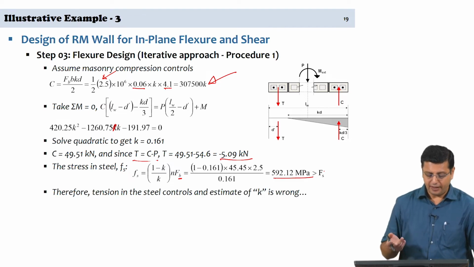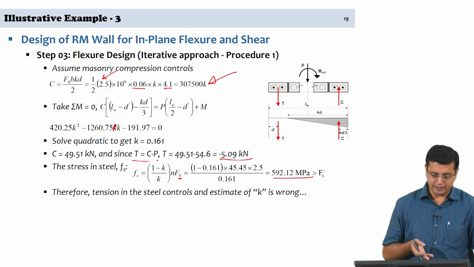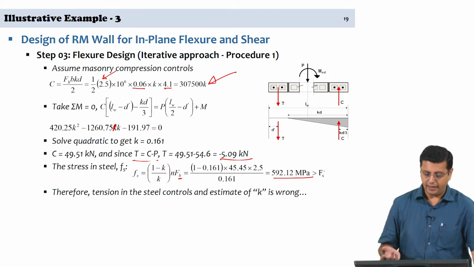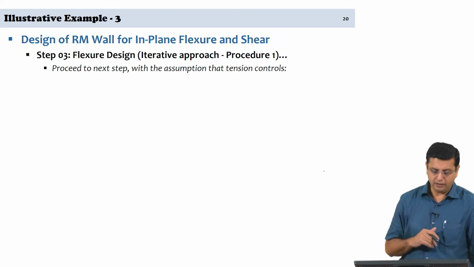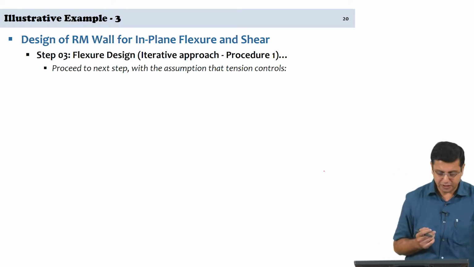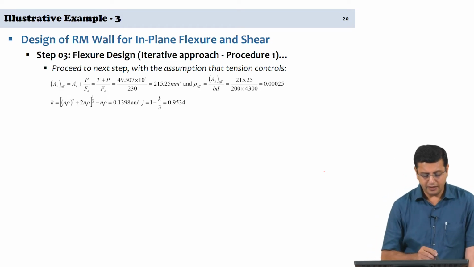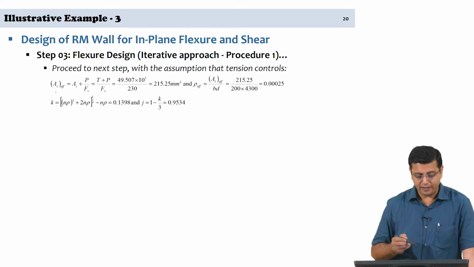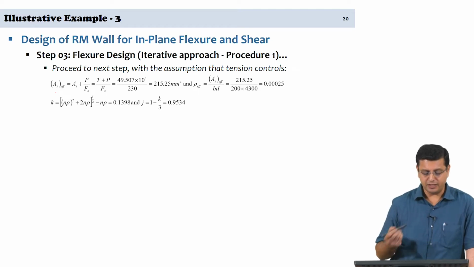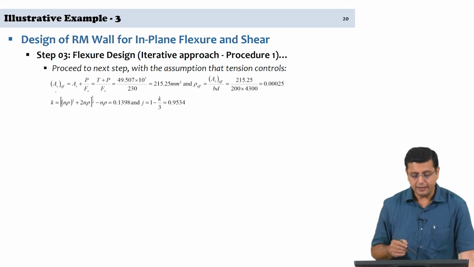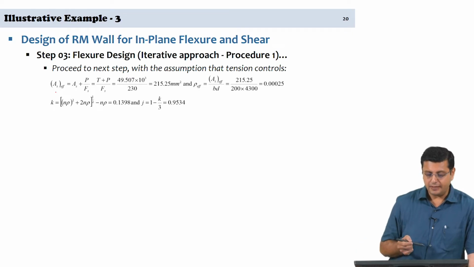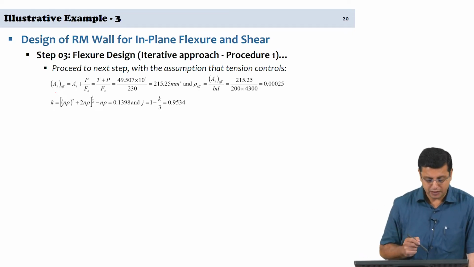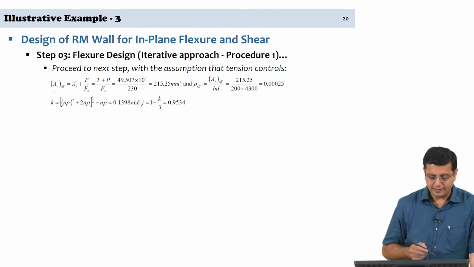So, we need to go back and look at a situation where the stress in steel is governing and estimate what is the corresponding K, and then estimate the compressive stress in masonry. So, to follow on to the next step, we assume that tension controls, so the steel controls, and we have to make now an estimate of the effective area of steel. We use the effective area of steel to then check if we are satisfying the requirements that the stress in steel is less than the permissible stress, and whether the stress in masonry is less than the permissible stress in masonry. So, AS effective is estimated as